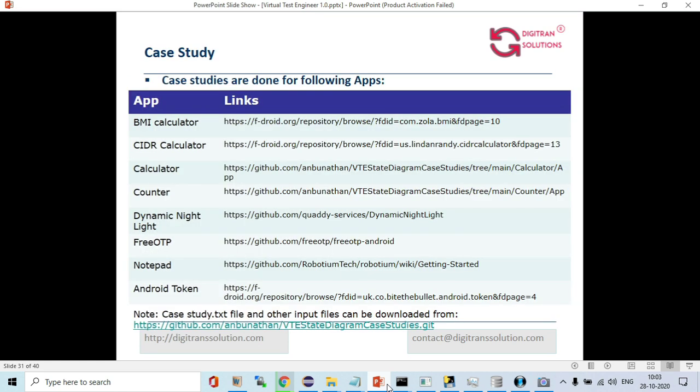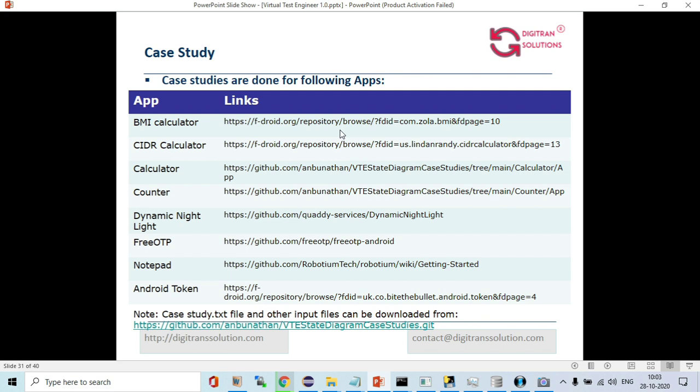We have case studies with 8 different applications, and you can take these applications and execute all the case studies. For example, this is a BMI calculator we saw now. F-Droid is the URL of the repository where you can download these applications.